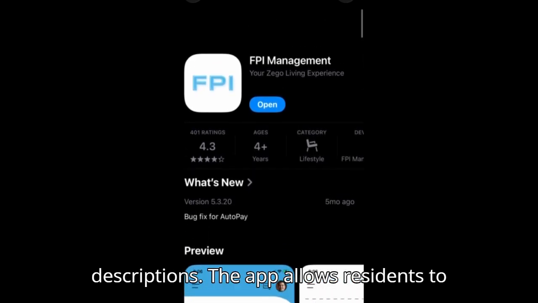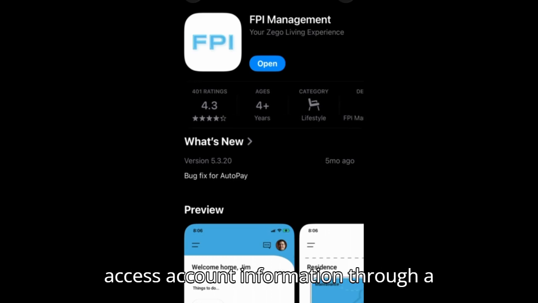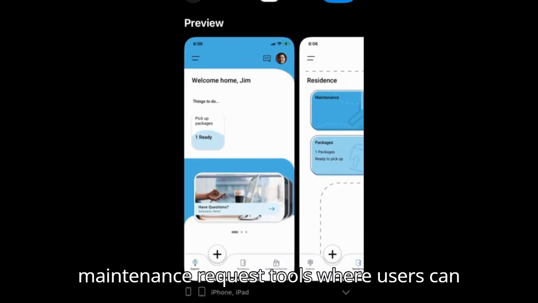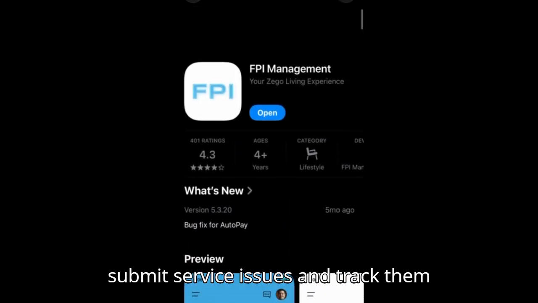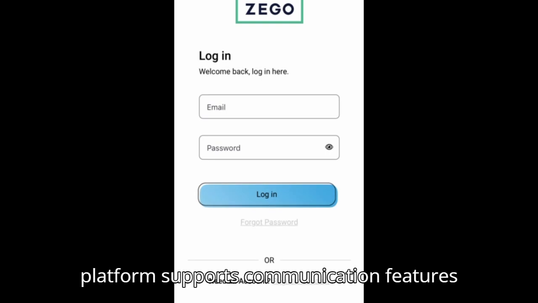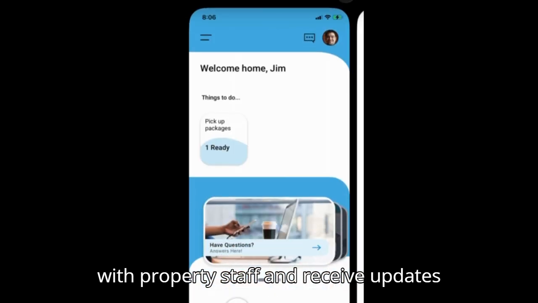Based on official descriptions, the app allows residents to handle rent-related activities and access account information through a mobile interface. It also includes maintenance request tools, where users can submit service issues and track them without contacting management separately. According to official information, the platform supports communication features that allow residents to stay connected with property staff and receive